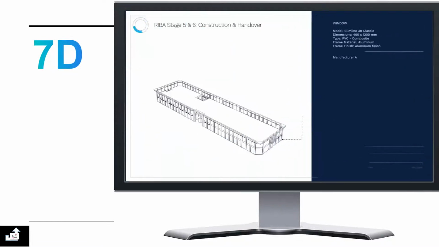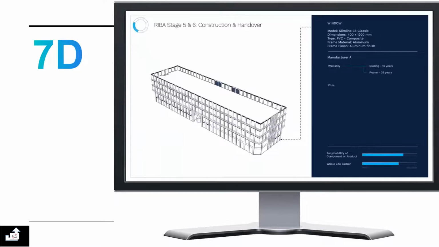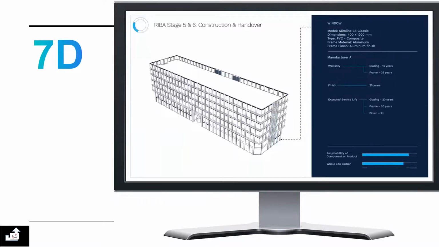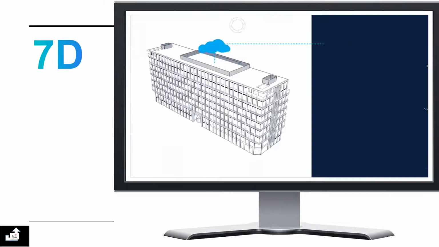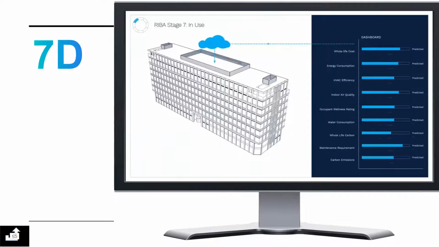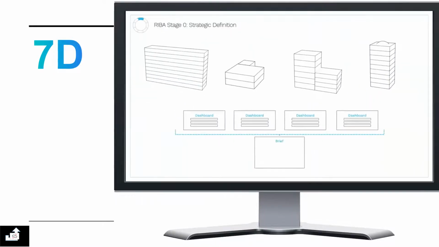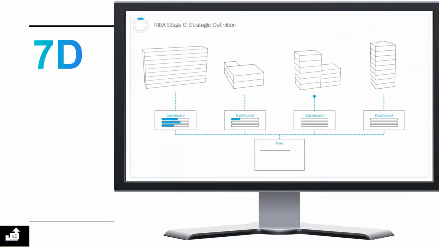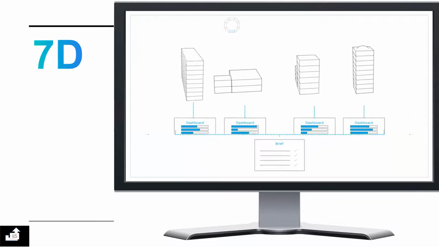During the construction phase, a 7D BIM process captures as-built information, providing a single source of truth that indicates the expected performance of the completed building more accurately. Once the building is occupied, data on its actual performance is captured and fed back into the virtual model, closing the feedback loop and helping building owners to monitor and improve their operational and maintenance procedures. Lessons learned from each completed project can then be used to inform new project briefs and design decisions made on future projects. For more information on our